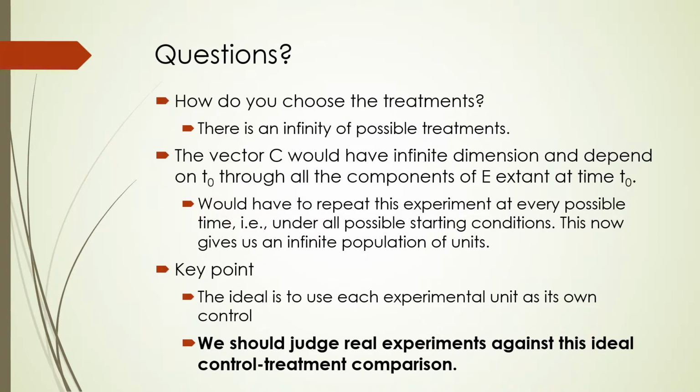Now there still are some questions that you'd have to address. One is, how many different treatment levels do you want to apply? Do you want to have 5 different levels from 0 to 1,000 milligrams? Do you want to have 100 different levels from 0 to 10,000 milligrams? So there's really an infinity of possible treatments, so you need to decide which ones you want to examine. And depending on that, your outcome vector C would have an infinite dimension depending on both how many different treatments